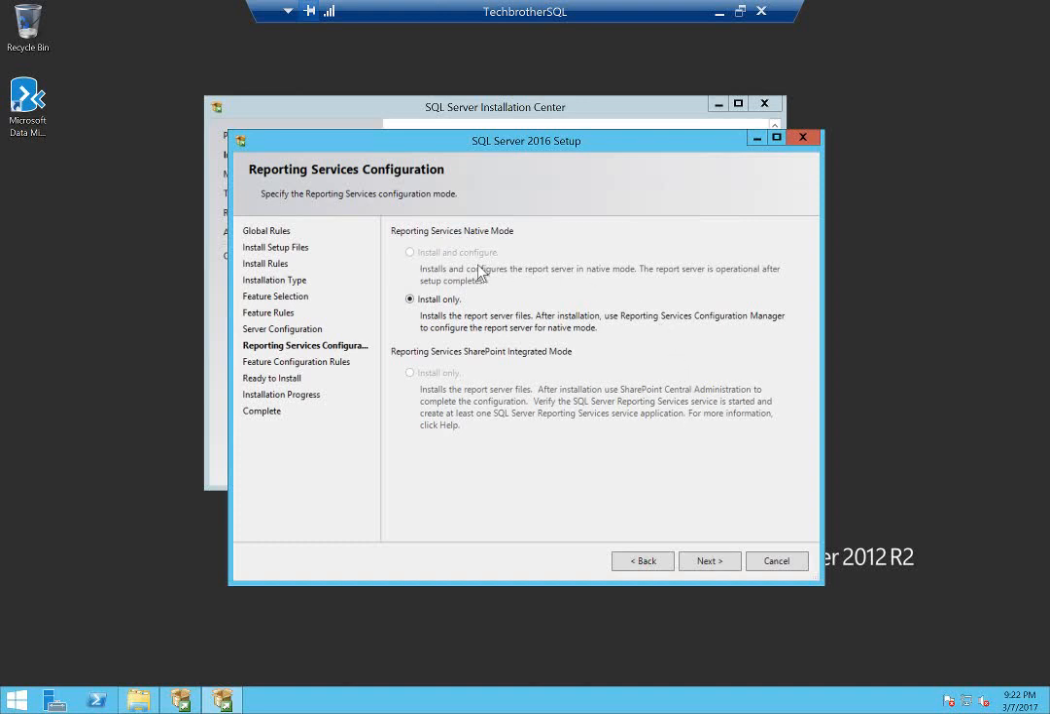Right now it seems like everything is grayed out, but as you can see, you have the choice to install and configure. What it means is if you click on install and configure, right after installation the configuration will pop up and you have to configure that. It'll become part of the installation, but you can install it now and configure your SSRS instance later. So I'm going to install it now and then we will go through the configuration later. Click next,